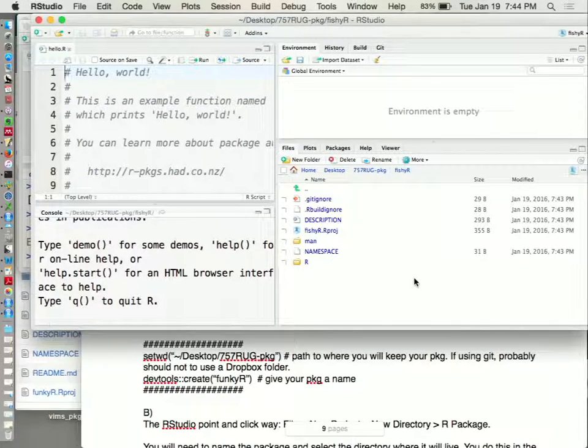And so what we get, since we clicked initialize the Git repository, is the gitignore file, and we have the Git tab up here. We also have this build tab, which contains, I'm going to go through the command line way of building a package, but there's other things that can be mirrored. There are functions under the build tab that allow you